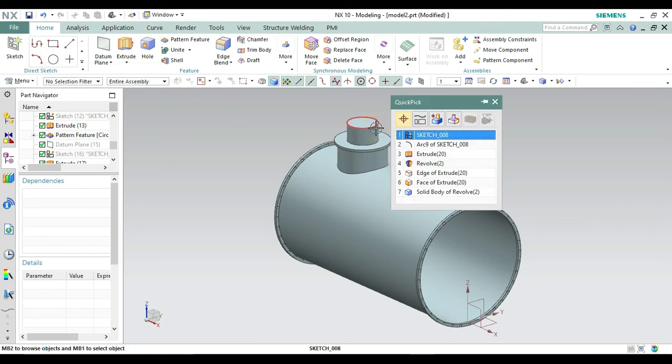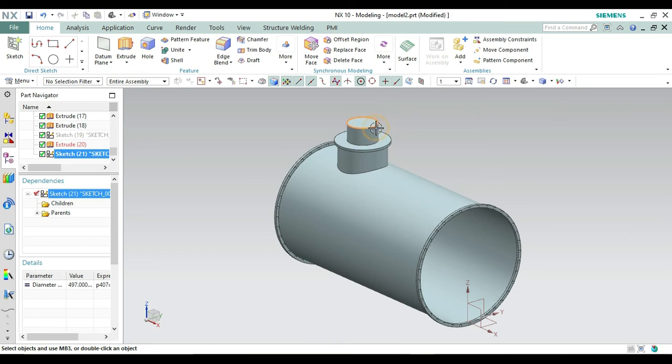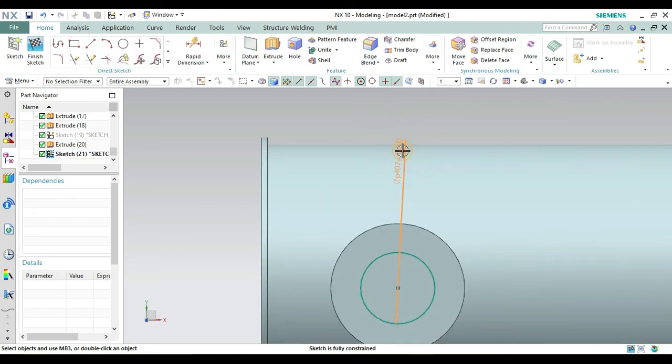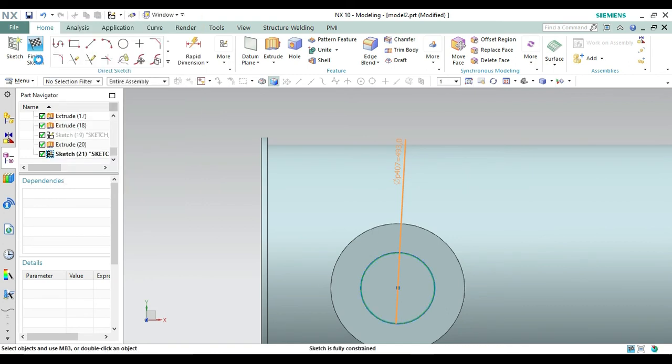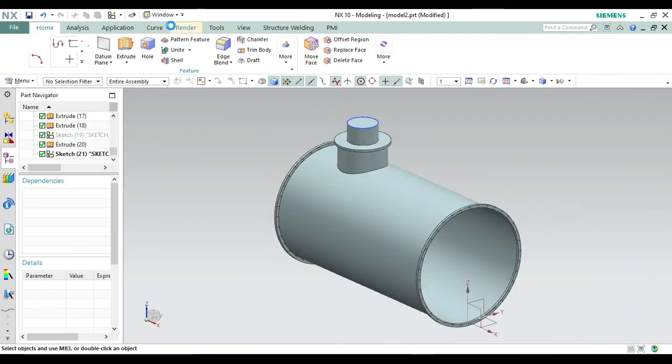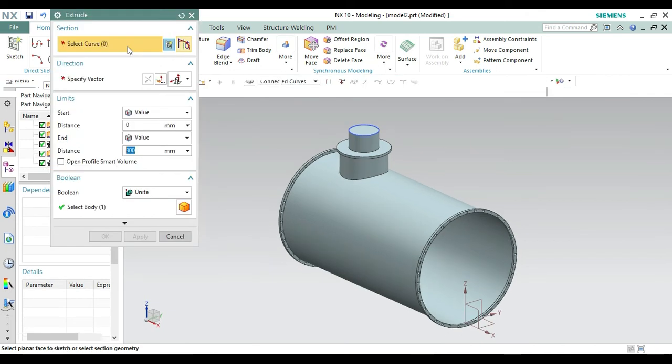Let's double click on this above one. Now double click on this sketch, we need this of 493. Let's cancel it because we need the thickness of 7, so we reduce the 7 from the original diameter.